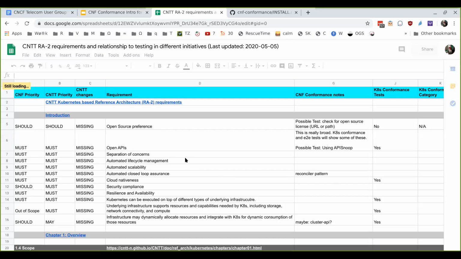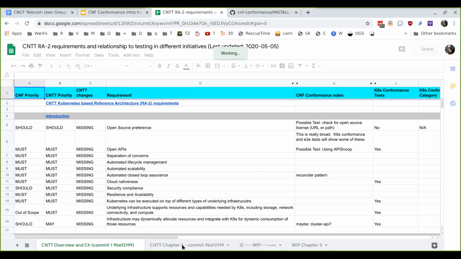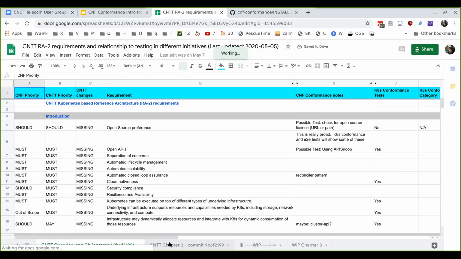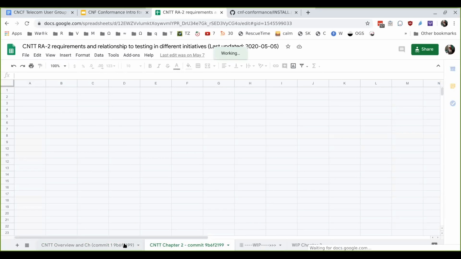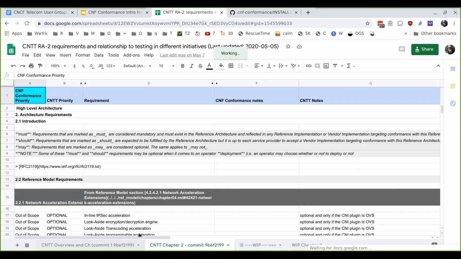I'm not going to go through all of this, but just a quick overview. As part of working with CNTT and other groups, we started saying, what can we do to share the knowledge of the tests that we think are important from Cloud Native? So this particular one is looking at the